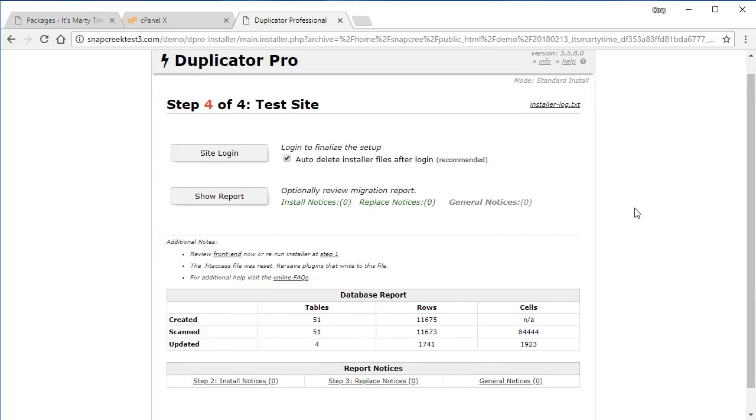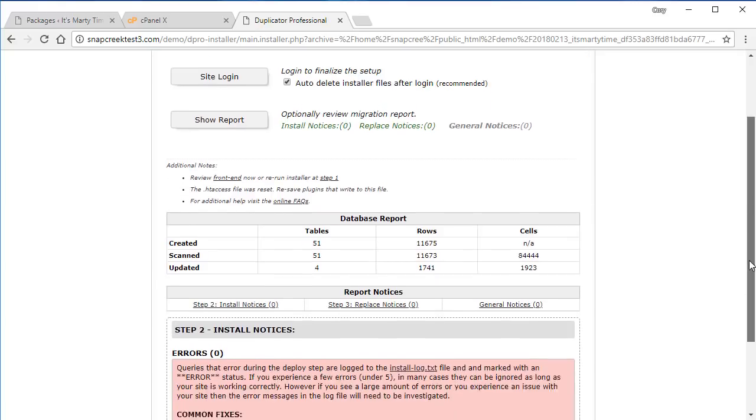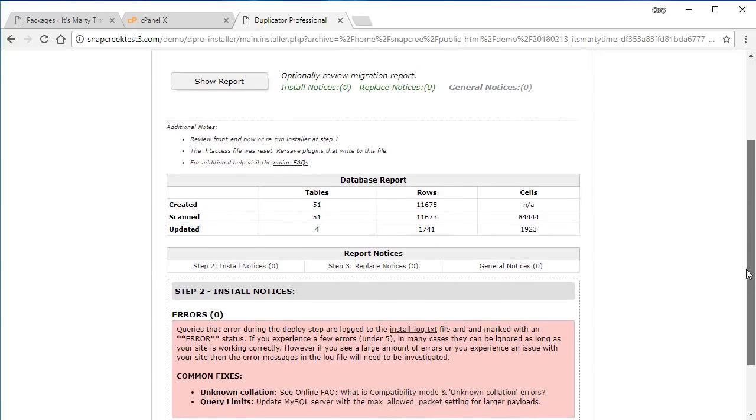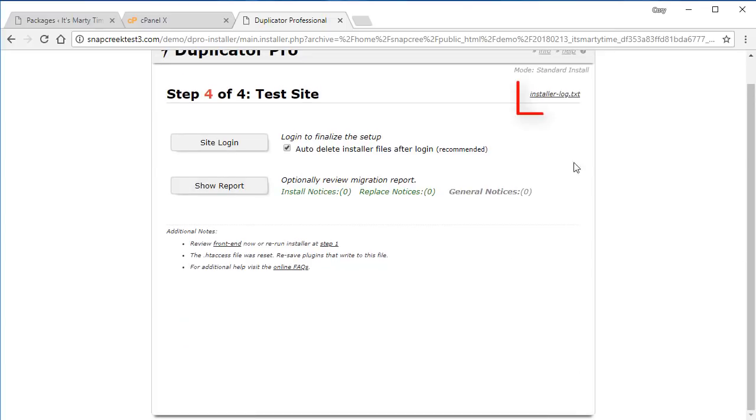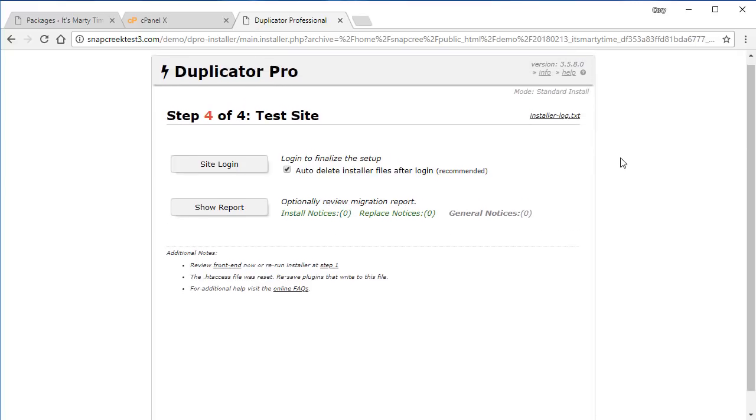with the install process. If you do have any errors in here, you can click on each one of these sections and it'll go into detail about what some of those issues could have been and some recommendations for fixes. There's also an installer log, which is available through the entire install process up over here on the right, called installerlog.txt. You can click on this file and it will give you a full synopsis of the install